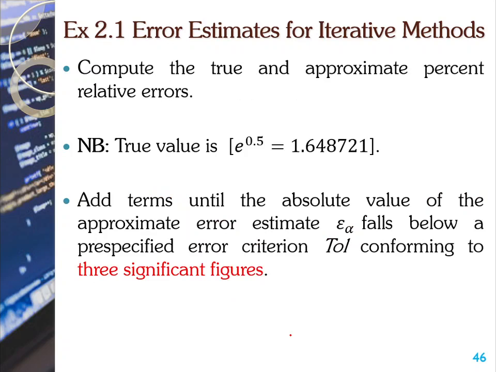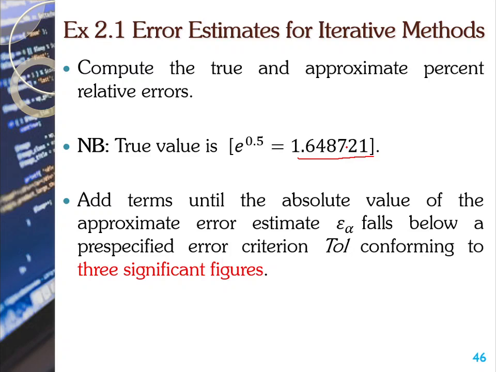So we know, just right from punching our calculator, we could see that exponent of 0.5 is equal to 1.648721, and this happens to be the true value. But mind you that we don't usually see this true value in the field. For now, let's see the true value and see how our error diminishes as we move forward. So with this, we are going to estimate for exponent of 0.5,